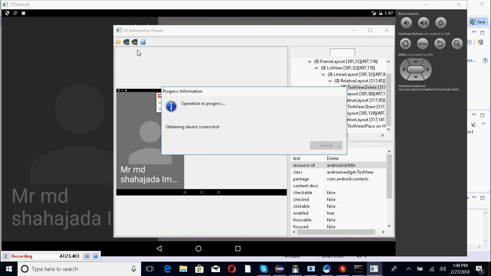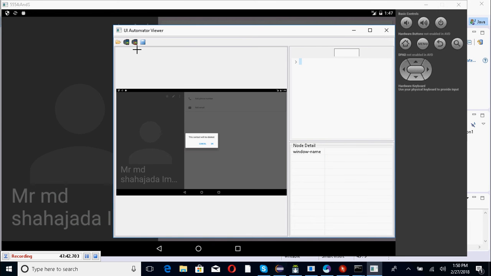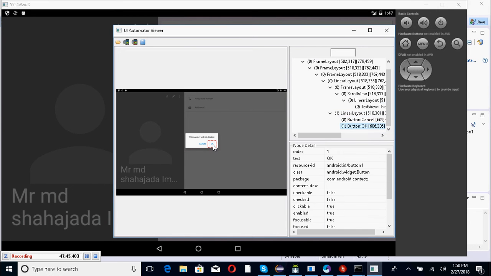When I say ID, I refer to resource-ID. When I say name, I refer to text. Because text in a mobile app is name in Selenium. Now if I put the cursor on the OK button and click, I can see it has text. It also has a resource ID, so I'll go with resource ID, which is ID. So I copy this value, go back to